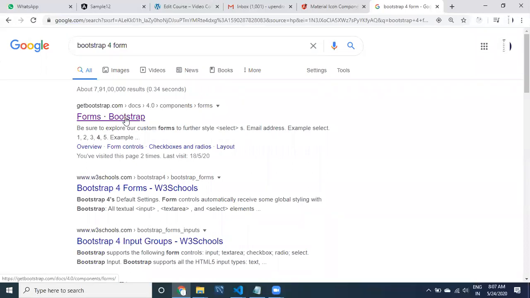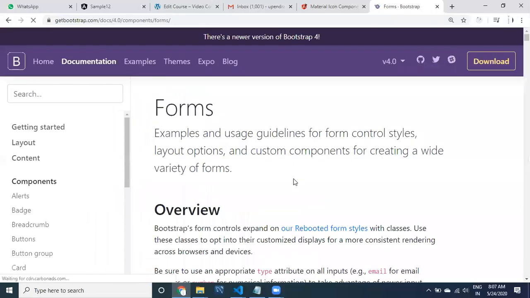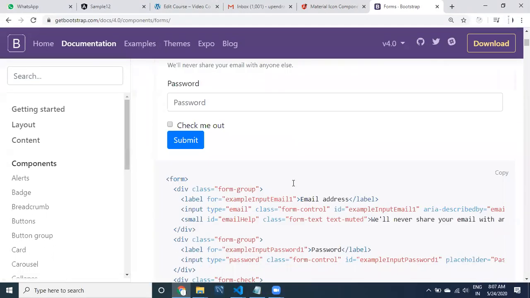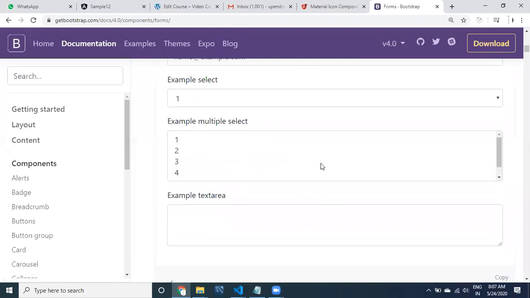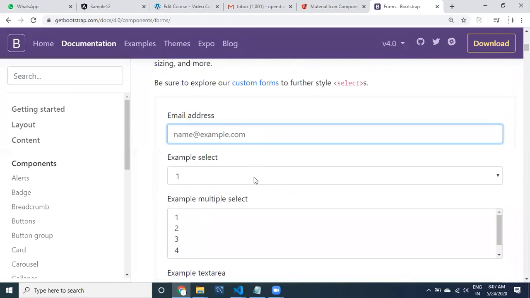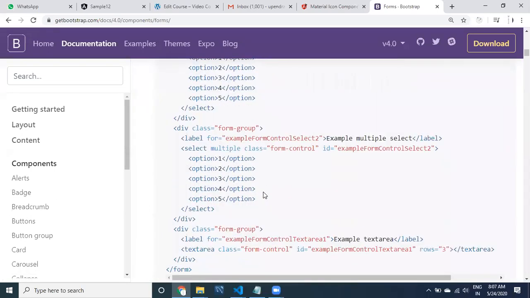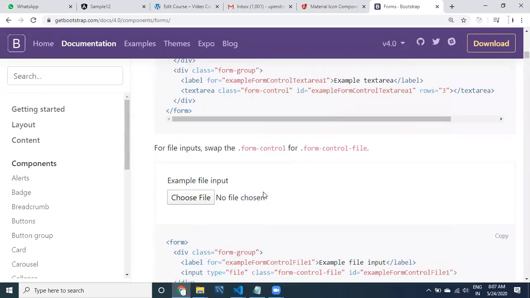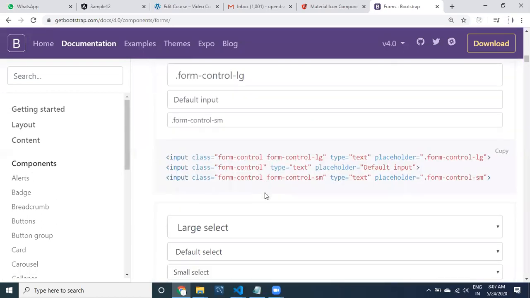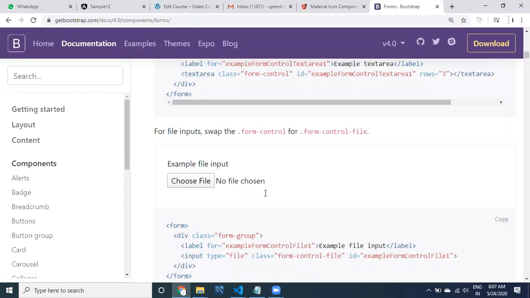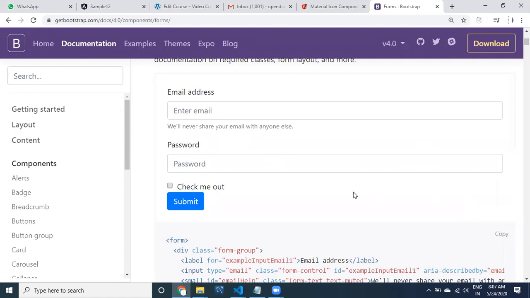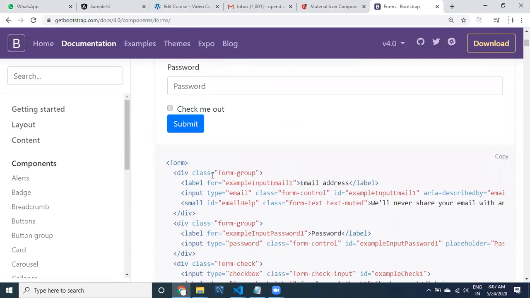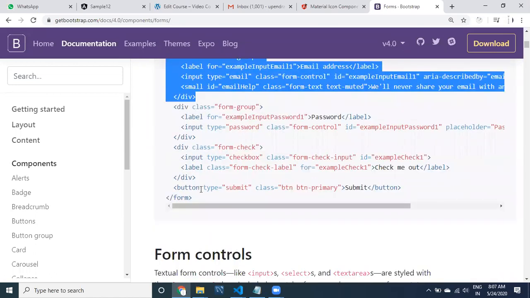Let us go to the forms in Bootstrap. You can go to Bootstrap and take this kind of form. See here, this is going to be name. Example sets, these values are available. First I'm going to take a very simple form, as simple as possible. For that, this is the code for the Bootstrap-related form.